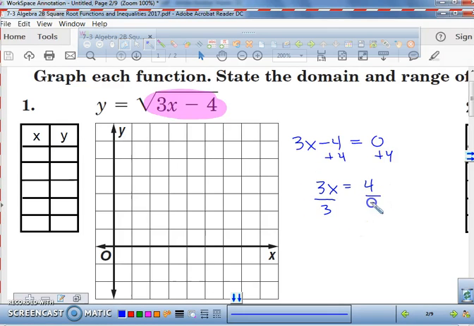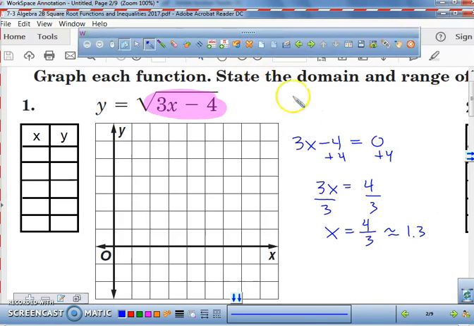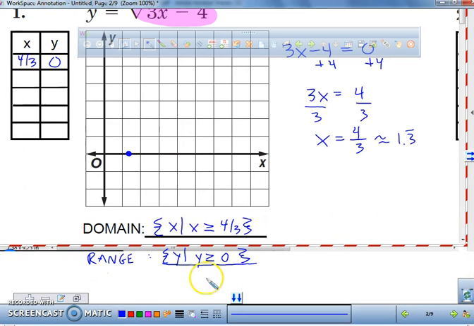Divide both sides by 3. And x equals 4/3, which is approximately equal to 1.3. Technically it's 1.3 repeating, but that's approximately equal to a 1.3. So right here, at a 1.3, that's where the graph starts. Here's your domain and your range. You start at 4/3,